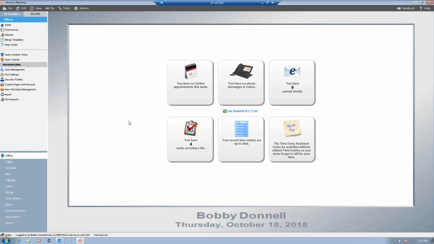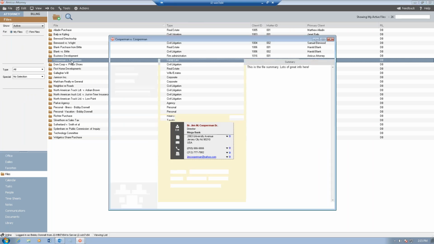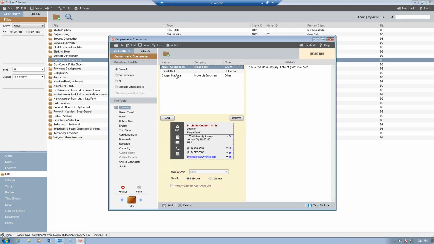So very quickly, before I turn it back over to Mo, let's just go and generate a document. So we'll go back to Cooperman here, and let's select two different contacts. So again, we've got Jim Cooperman is selected and Douglas Brackman. So we've got essentially our first and our second contact. If we go now to Actions, Generate a Document,